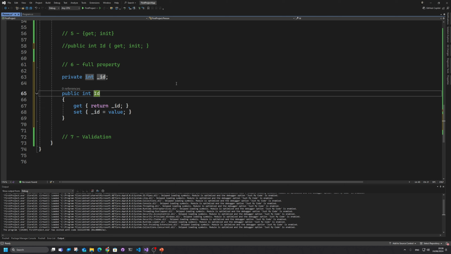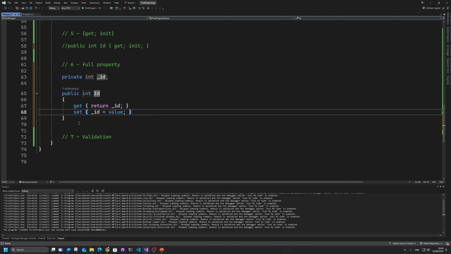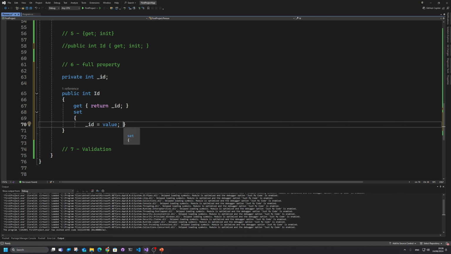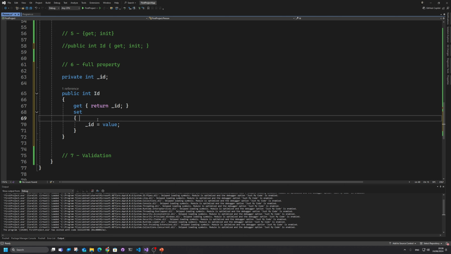We can make this ID, and that's it. Now we have a private field. For this private field we have a getter method and a setter method. Also here you can add some validation. So we can come here, we can make this like this, and also we can say